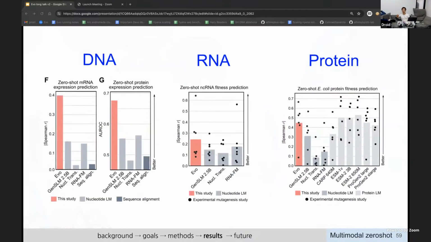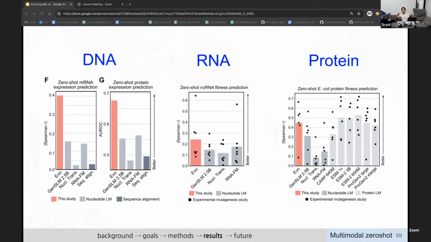Okay, there we go. All right, so similarly, we apply this procedure to DNA and RNA as well. And in these cases, we can outperform existing models under this similar regime. In DNA, there'll be interest in zero-shot prediction of mRNA expression or protein expression, or non-coding RNA expression for RNA. Still, you can think of these as some kind of fitness value that you're trying to correlate your model's outputs with, to see if it's sensitive to a single token change in your sequence, which is quite interesting in itself as a task.